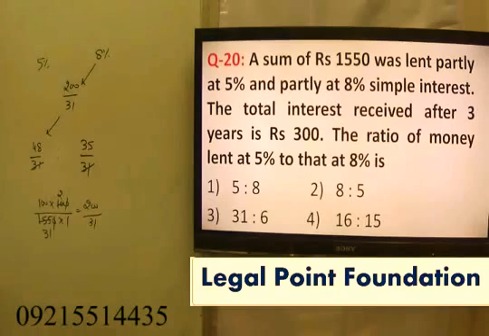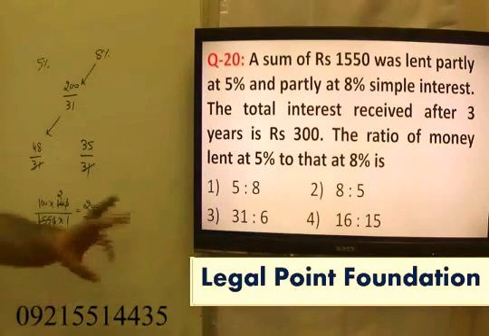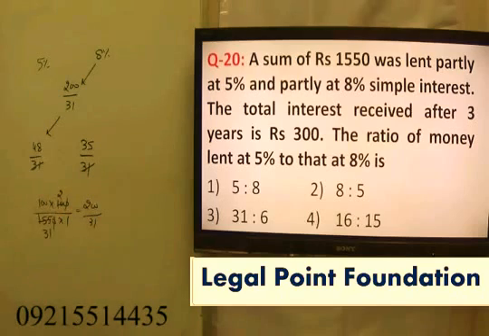That becomes my answer. Let us take the problem again because the answer is not matching. I hope there is some typing mistake. What I have taken is 5%, 8%, total 300 in 3 years. It means 1 year is 100. That I have taken as 5 2 5 3 31, 200 upon 31. That you got. Now put it here, 200 upon 31, apply alligation. 8 and 3, 24. Right? So you may get it as 8, 321.